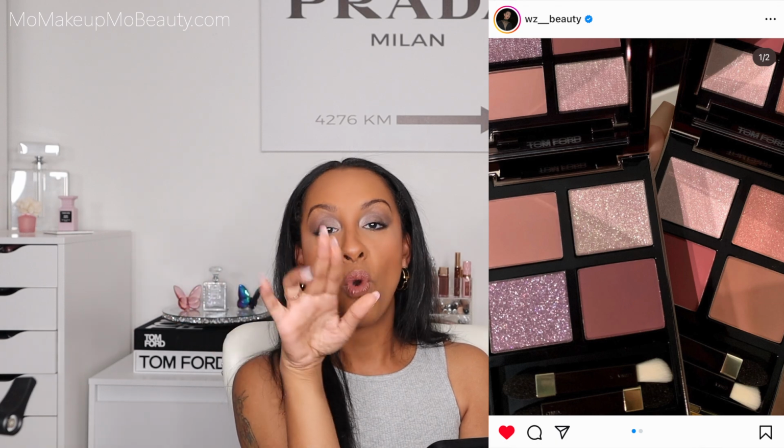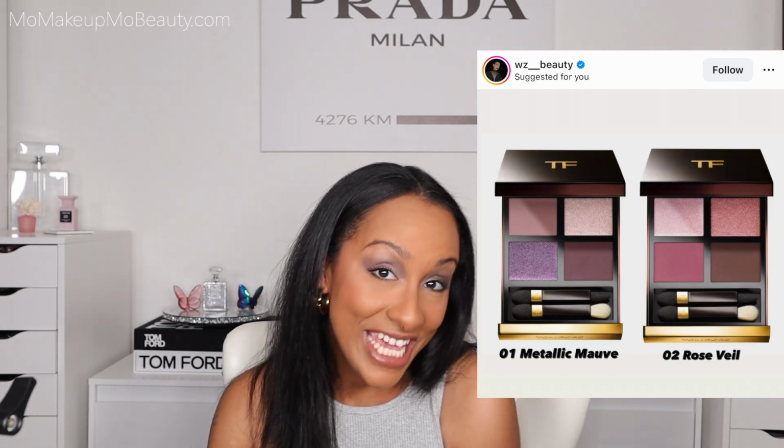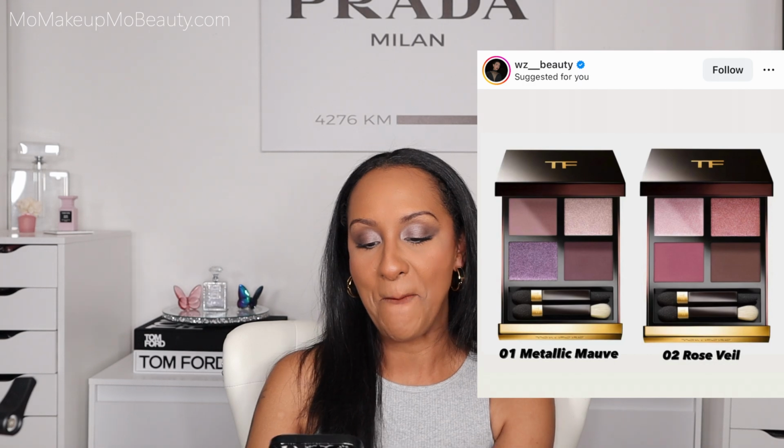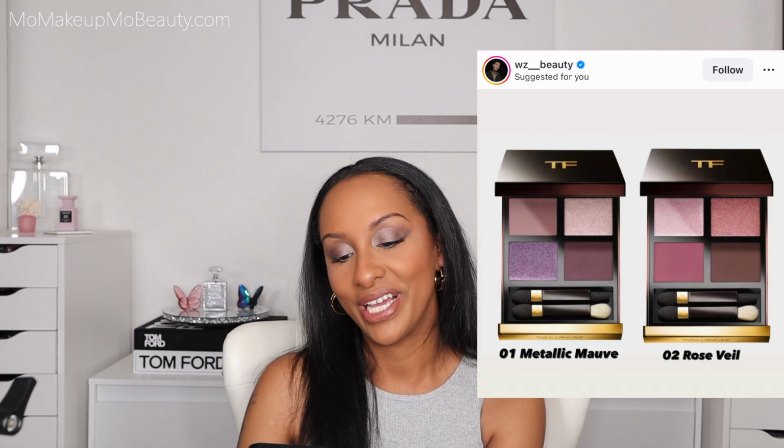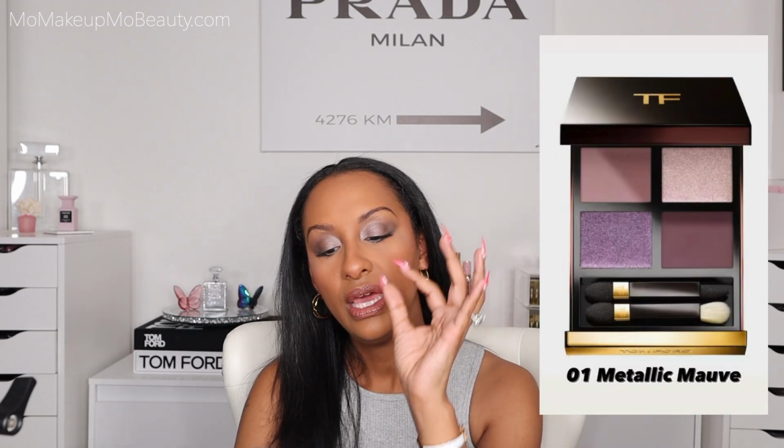Okay, what color story does Metallic Mauve remind you of? Violet Satine. Just a little. Obviously, we don't know yet. I don't have it in my hand. I can't really say. I'm just talking based on what I'm seeing in a picture. But that's so pretty. Now, one thing I see in Metallic Mauve is I feel like if you got rid